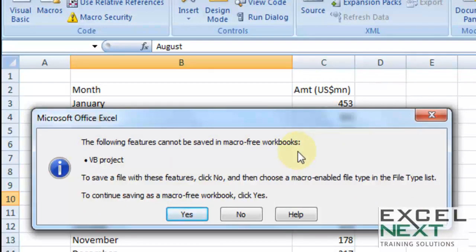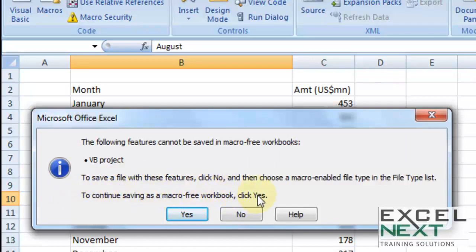What does this mean? Now in 2003 version of Excel, there was only one file extension, XLS. There was no distinction between macro-free workbooks and workbooks with macro. But for security reasons, in 2007 version of Excel and onwards, you will notice they have segregated the file extension. You will find XLSX, that's the normal workbook without the macros. If you want to save the macros, the work done, then you must save that in the XLSM workbooks, which means macro enabled workbooks.